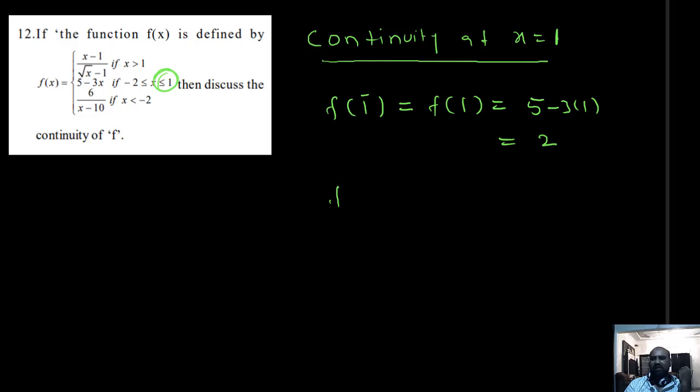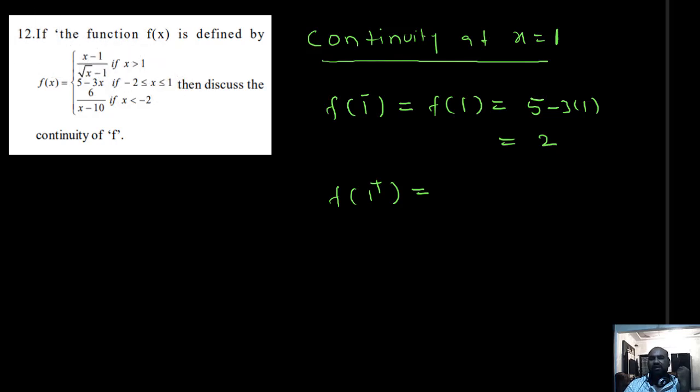Okay, next what do I want? F of 1 plus I want. Students, for f of 1 plus, this is the rule. Put x equal to 1 in that formula. What will we get? 1 minus 1 by root 1 minus 1, we will get 0 by 0 form. So we are not getting a finite value. Means directly you can't find f of 1 plus by substituting 1 in that formula. Okay. So what should we do?